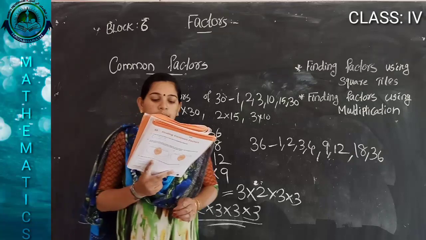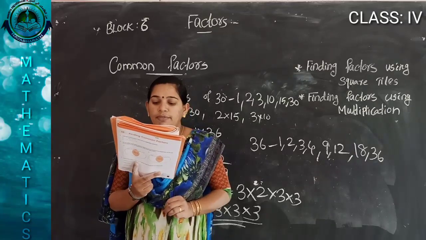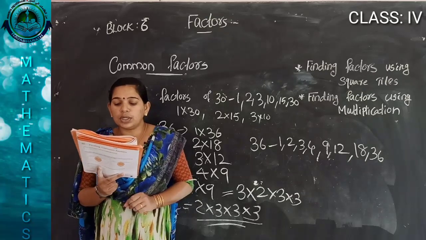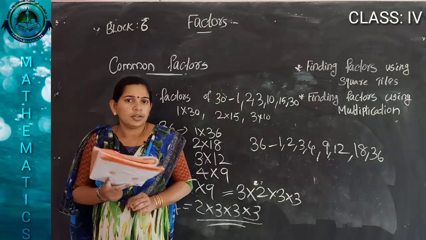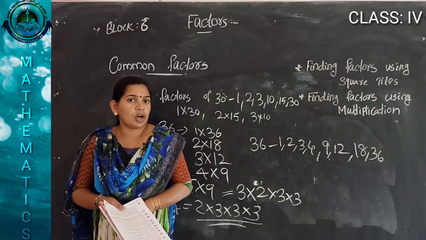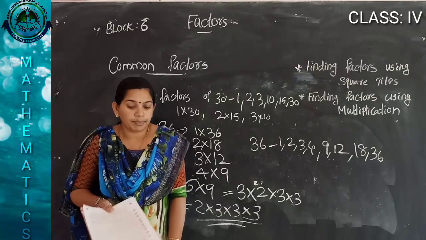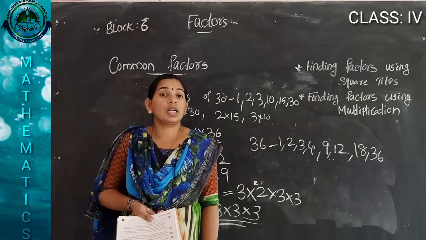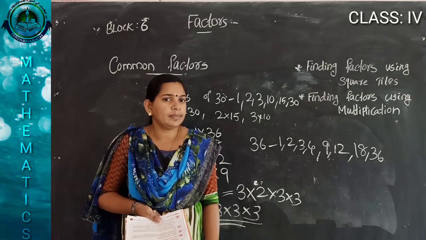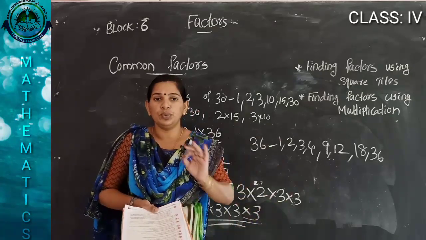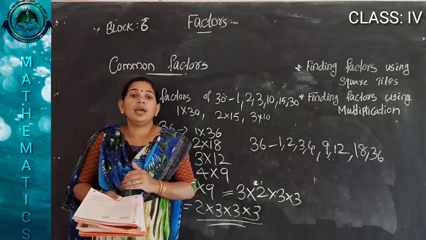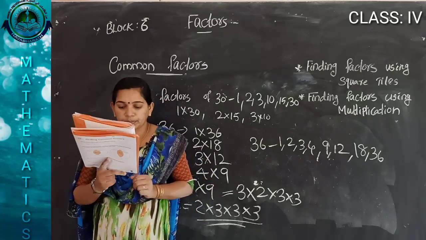Write whether true or false. Rewrite the false sentences to make them correct. 1 is a common factor of all the numbers. When we are finding factors, 1 and the number itself are common, then we will check it. Which are the common factors? 1 is there in all numbers. If yes, you write true. Otherwise, you rewrite the sentence.